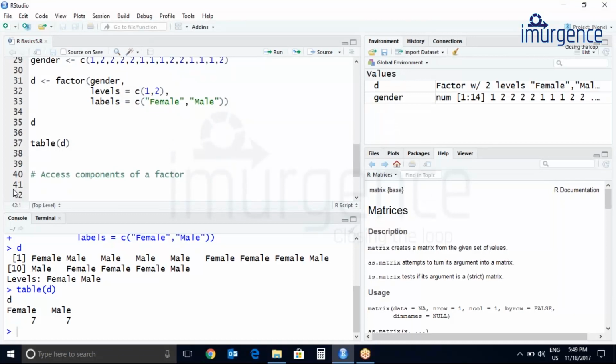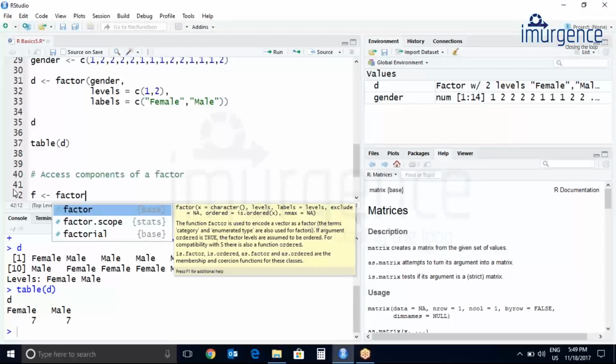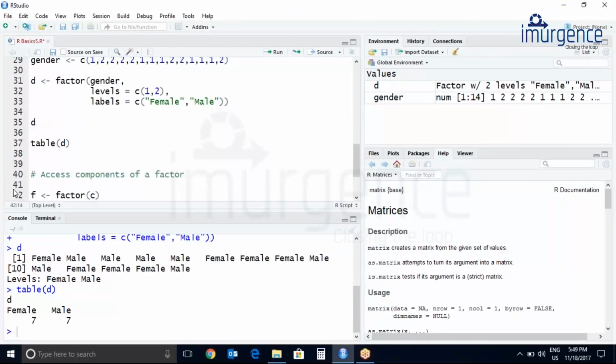Let's create a factor in another way. Let's create factor f. So factor, c. Let's add some food menus, or whatever food we like to eat.